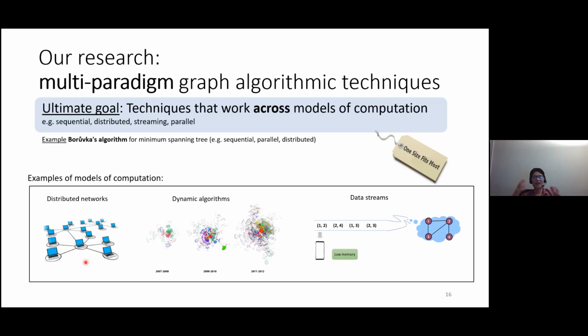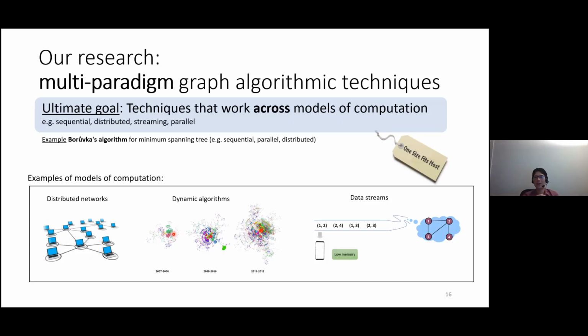Another example is dynamic algorithms, which is another field that I work on a lot. Just imagine that you have a social network. Maybe 10 years ago the social network was small and people didn't know each other so much. But 10 years later, people make friends a lot, or people unfriend others, or people leave the network, or join the network. So the network changed a lot. The question is, how can you track some properties of the network? One major open problem in this field is graph connectivity: how can you know whether the graph is still connected when the graph keeps changing,